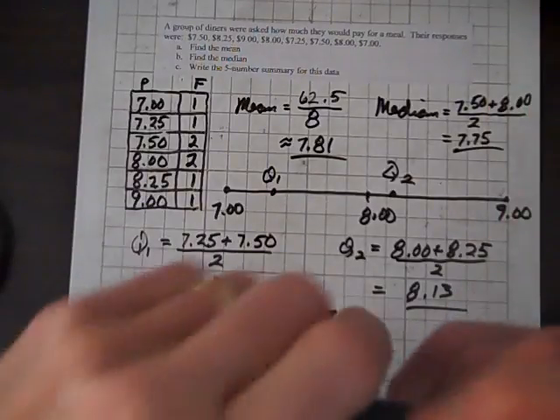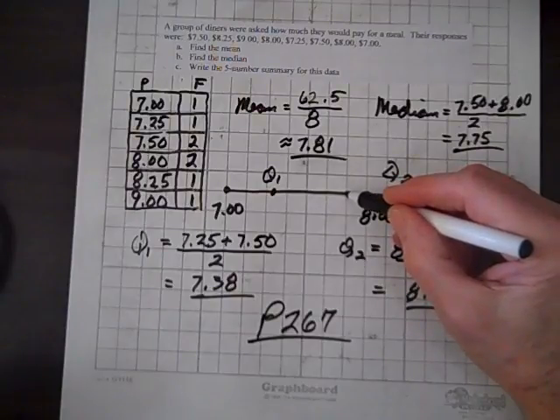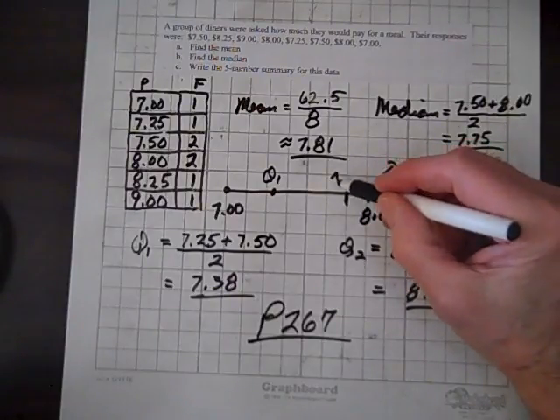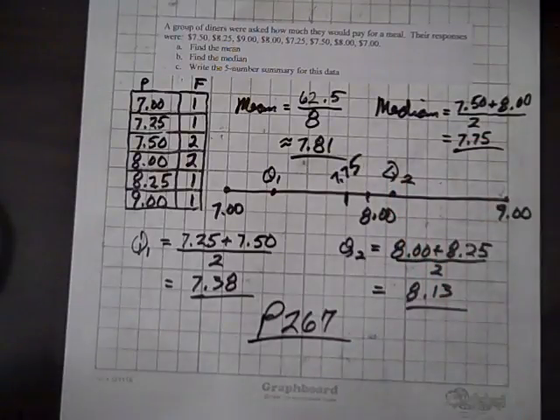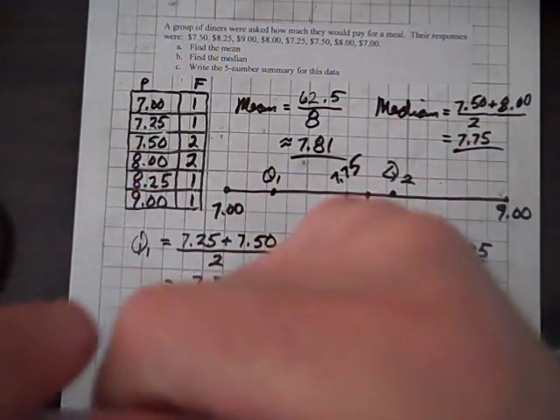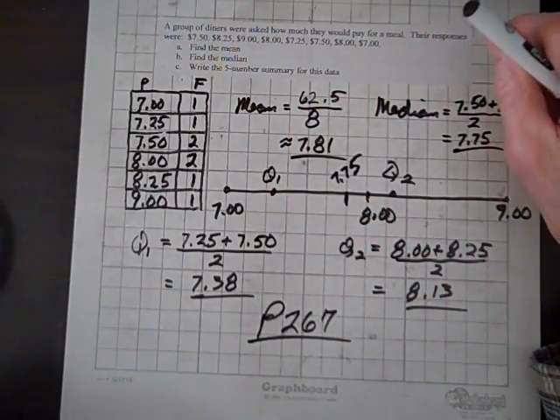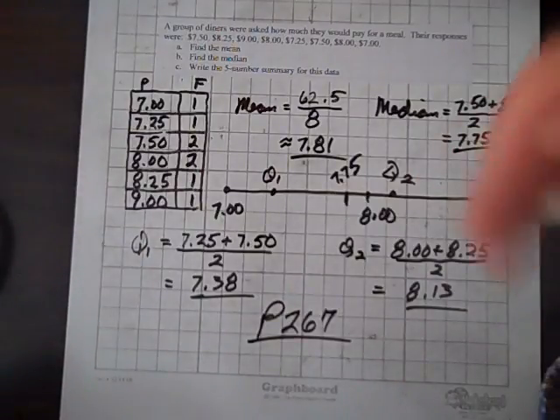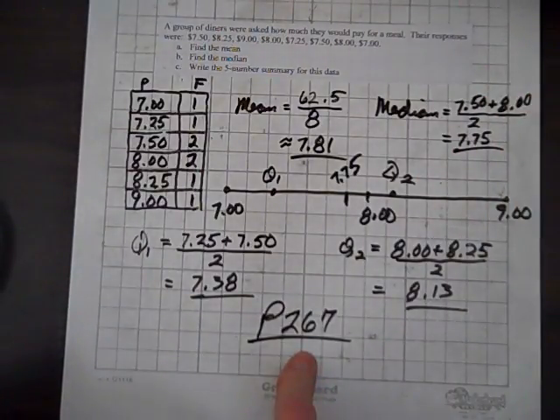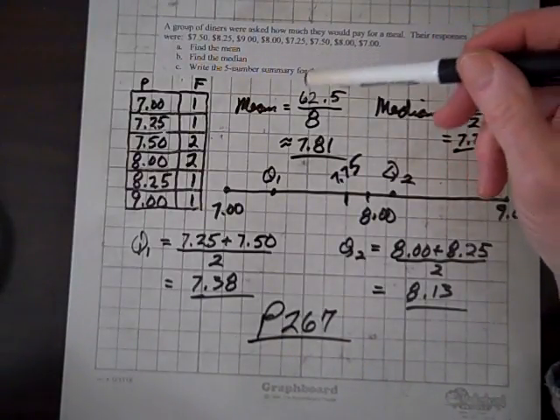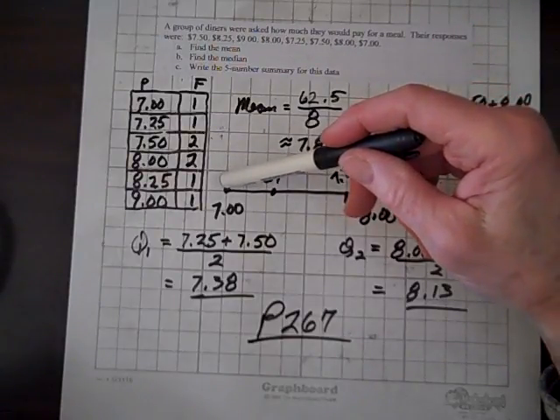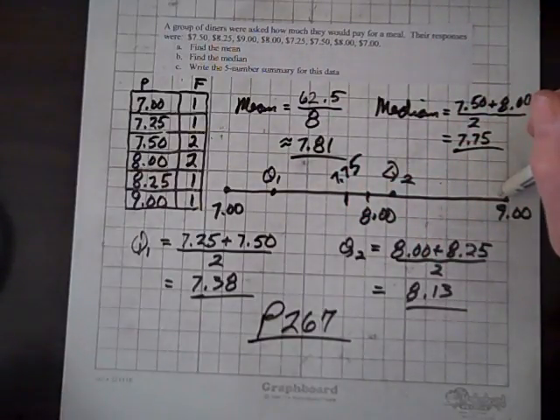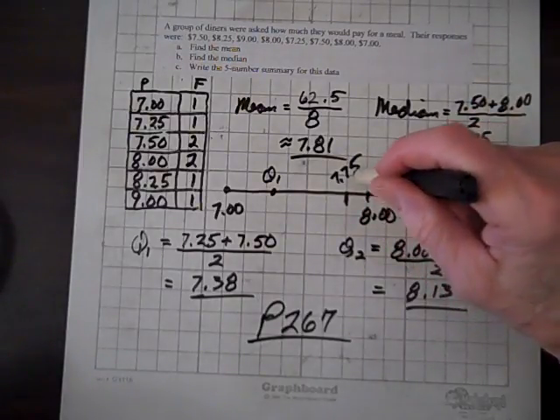7.75, we've got the median. Now, we've got to come up with a 5-number summary. And the information on that, at least for the quartiles, can be found on page 267. So the 5-number summary, the lowest, smallest value is $7, the largest is 9. So that takes care of 2 of the numbers. The median is the third, and that's